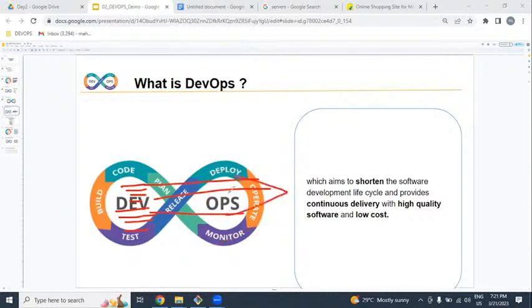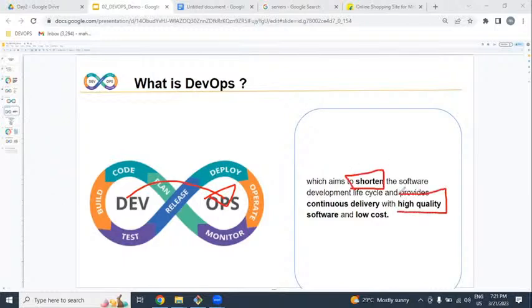While delivering working software from the dev environment to the production environment, we have to follow some rules. Which are all the rules? Within the shortest time, with high quality, with low cost.